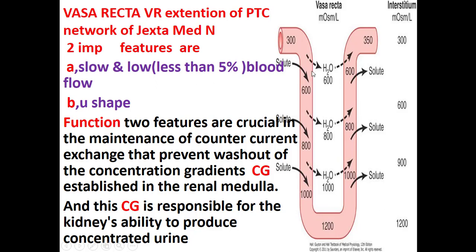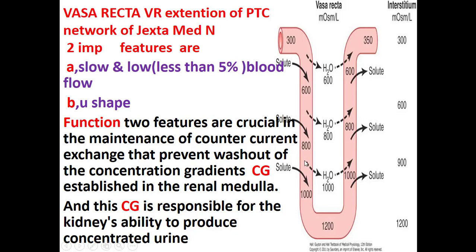The nutshell is that when we are moving down the vasa recta, solutes enter over here, but as we take the U-turn and go back to the cortex, all the solutes which came in from this side go out from this side, and water which left from this side re-enters over here. So the net result is that the solutes which moved in remain there. Once they enter, they leave out. So solutes are retained over this side. The concentration of solute on this side is not going to be disturbed